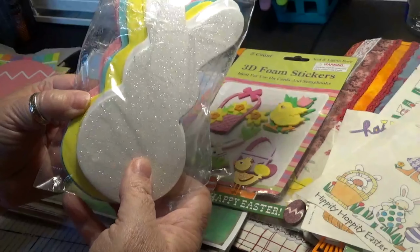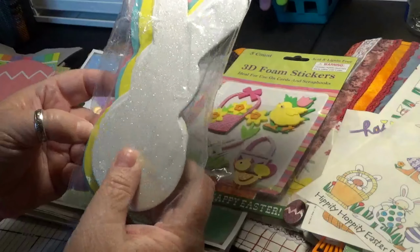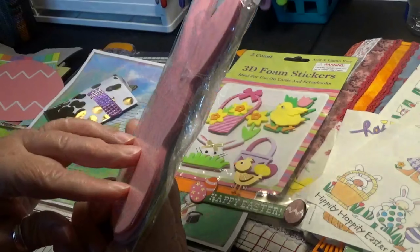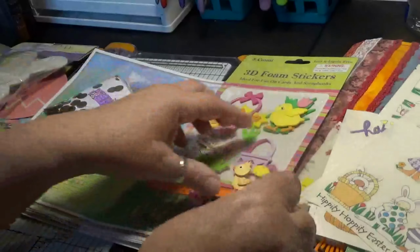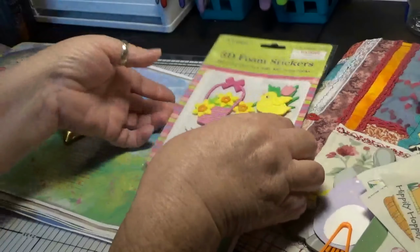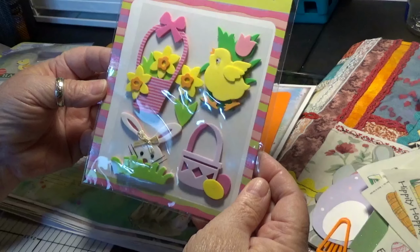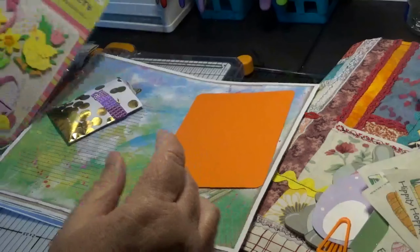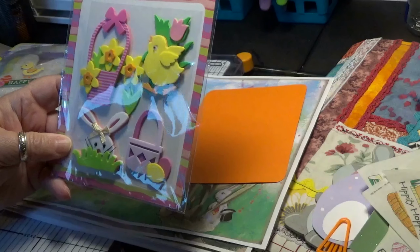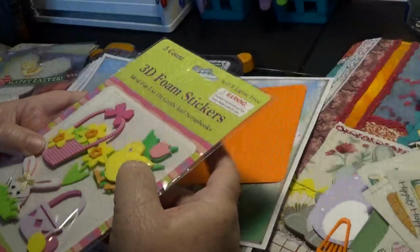So there's all colors, white. Okay, there's plain and sparkle and glittered of each. There's white and yellow and blue and pink. Cute. A little leftover on a sticker sheet. Cutie cutie. Those are cute. And I wouldn't use that in a regular journal or one I was gonna definitely put in my shop or anything because they're so thick. But